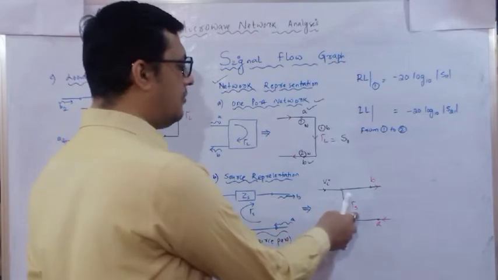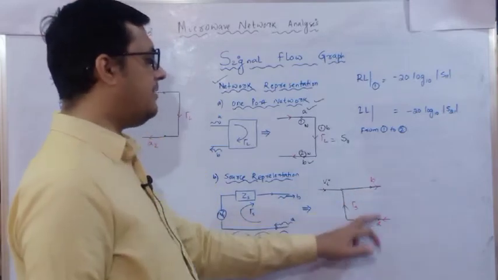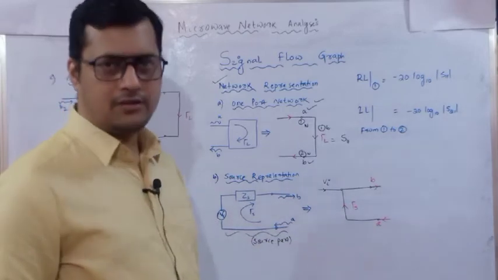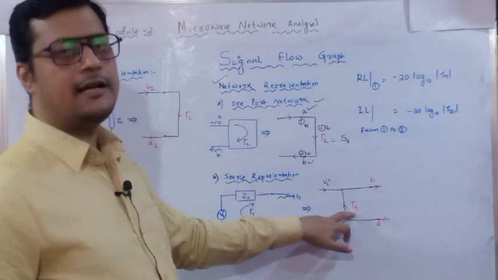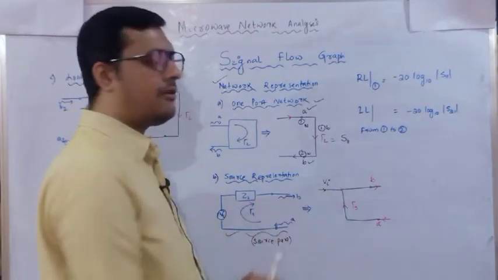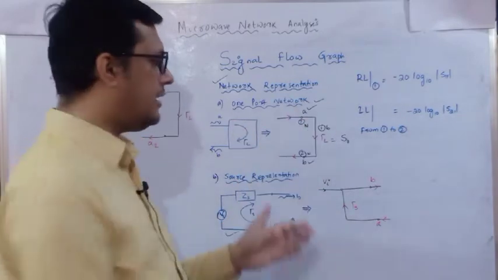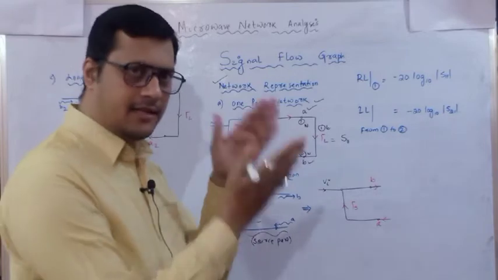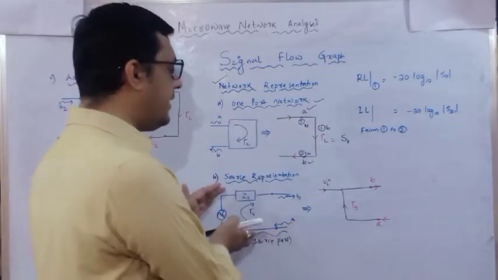So your reflection coefficient is going to be identified in this particular form. It is B by A at the input side, at the source. So the reflection coefficient at the source is eta S, we have to represent. So this is the representation for the source. Remember this, because when we disseminate the total network, we need to put this sort of parts in that particular SFG. Okay. So this is the part for the input one.